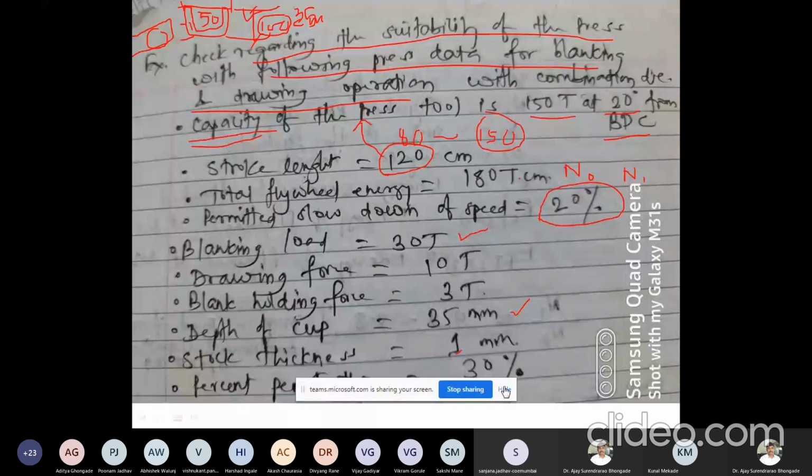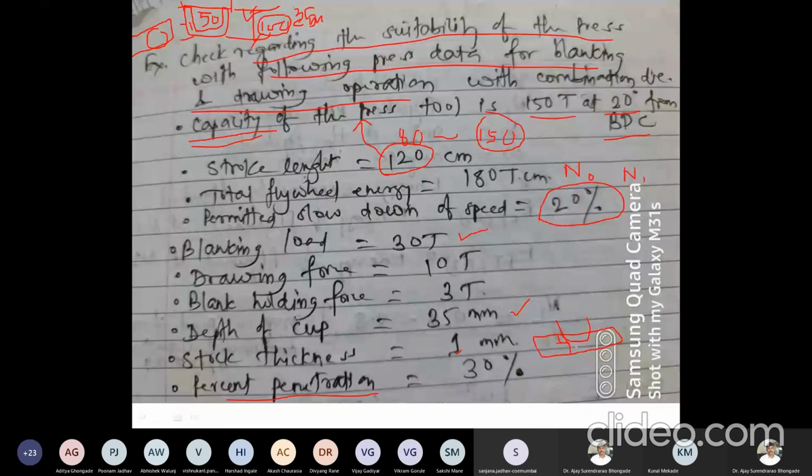Percent penetration. Now this will be required for the blanking operation, right? Penetration is required only in cutting or blanking operation, and the total penetration required to do the cutting or blanking is 30%. Now where is the force required? I told you that during our cutting or blanking operation, when we do the cutting with the tool, this is the total penetration. The penetration of the punch will be up to the penetration depth, and beyond the penetration depth, the material will flow by itself.